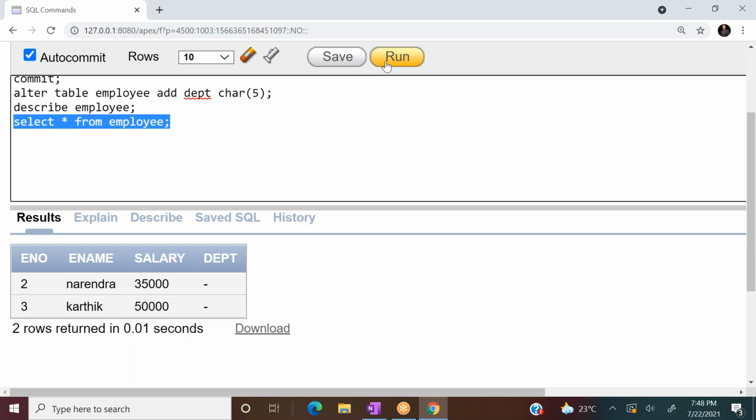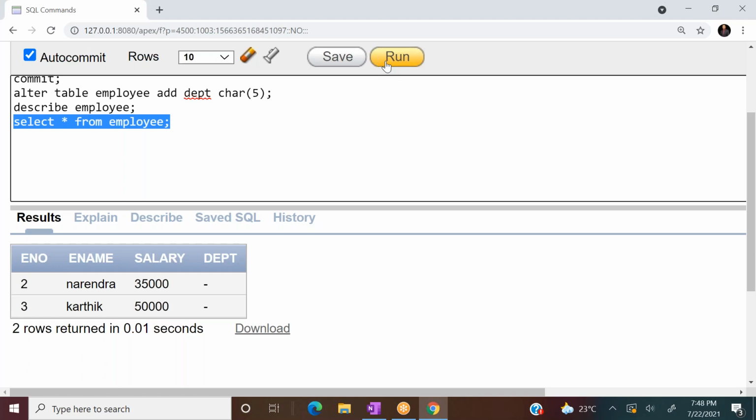All right. If I wanted to add department value to Narendra and Karthik, how can I add it? Can anyone tell me? Suppose Narendra is working in research department, Karthik is working in science department. How can I add department value to employee Narendra and employee Karthik?